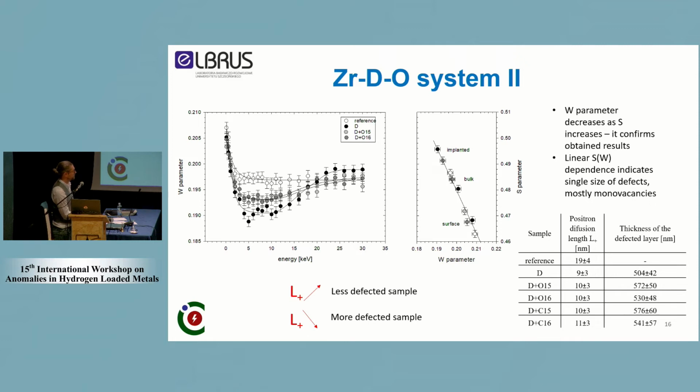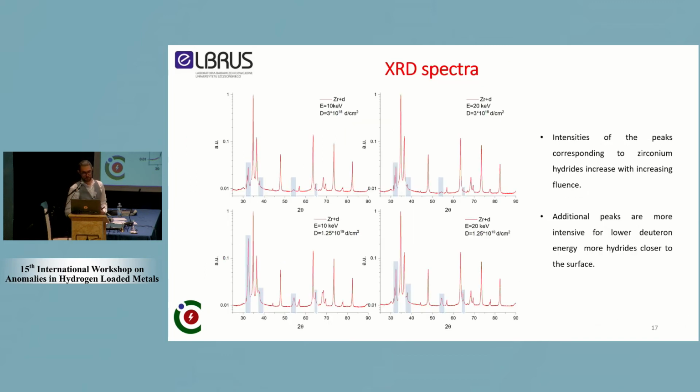So here, for the reference, we have a positron diffusion length that is almost double that of the rest of them. This is basically telling us how much and what type of defects have been interacting with the beam. Another part of the explorations that we are engaging in is XRD, and I've been explaining that XRD is complementary to positron